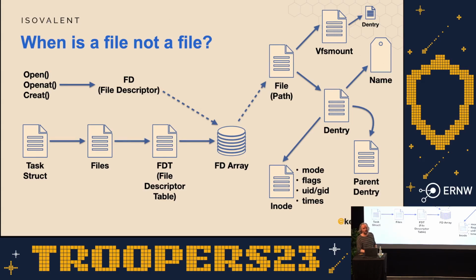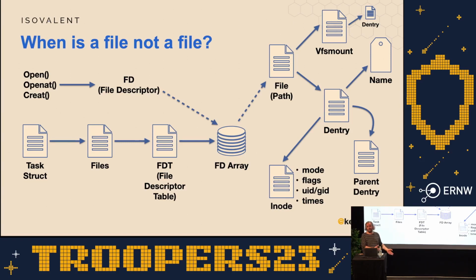So the process, every process has a task struct, and from BPF we can see into that task struct. The task struct has a pointer to struct files, which has a pointer to struct fdt, which is a file descriptor table, which has a pointer to an array of file descriptors, and every one of those file descriptors points to a struct file, which includes struct path within the file, and that points to a dentry, which is a directory entry, and that directory entry has a name, and that would be passwd, which also has a pointer to an inode, which is all about who owns the passwd file, what mode it has,